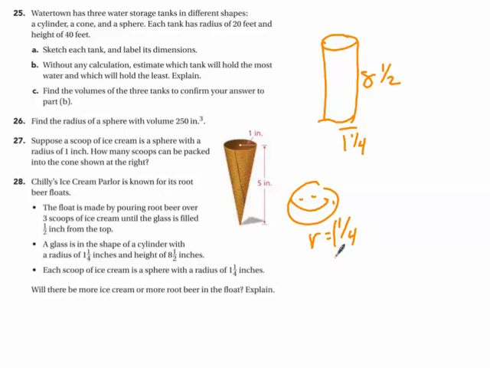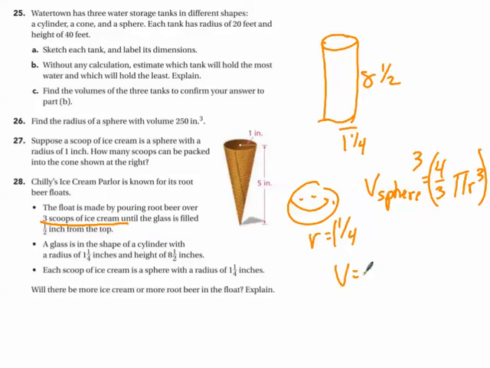There'll be more ice cream or more root beer in the float. Because I have 3 scoops of ice cream, I'm going to find the volume of the sphere, which is 4/3 pi r cubed. But I'm going to multiply all of this by 3 because I have 3 scoops of ice cream. I'm then going to find the volume of my cylinder, which is pi r squared times the height. And I'm going to compare